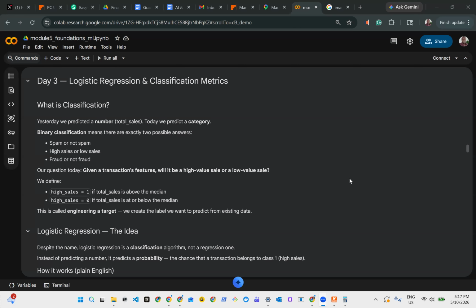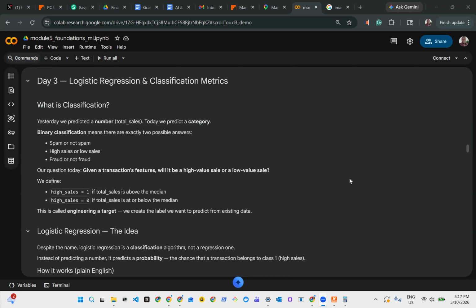The best way to go about it is using the median, because the median does not take outliers in the data set into consideration. Medians really do not get affected by outliers, so we highly recommend you use the median in this type of problem. If you have a normally distributed data set, you can use the mean. But for this type of data set where we have some outliers, extremely high values, you use the median to categorize high sales and low sales.